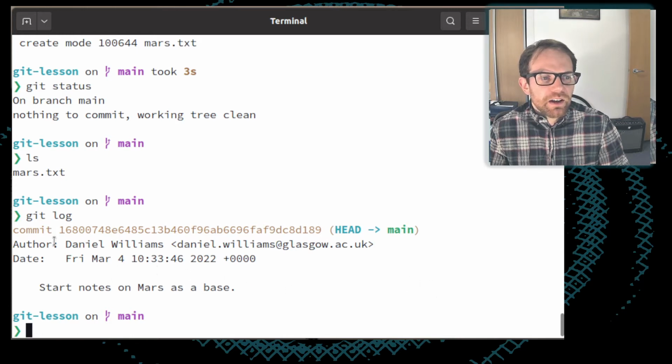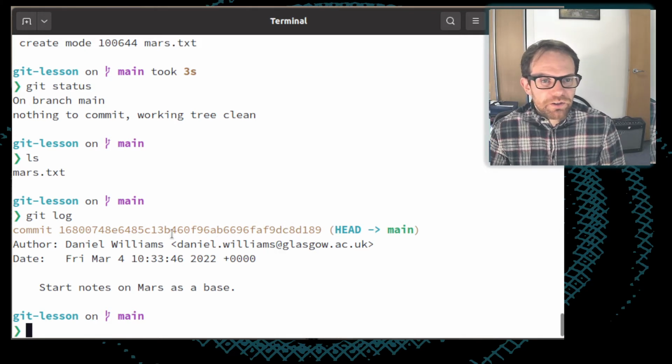It's attached to this information, which tells me I ran this on a given date, and it was Daniel Williams, me, who produced it, and my email address. And then there's this thing, and it tells me this is a commit. There's this massive string of numbers and letters, which is, in fact, a hexadecimal number that describes the commit and uniquely identifies it.